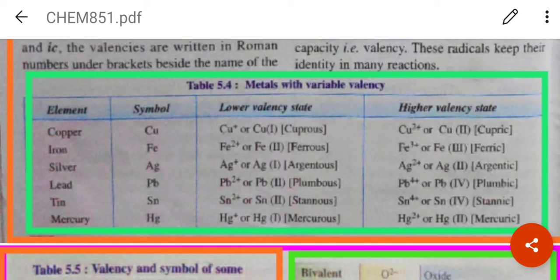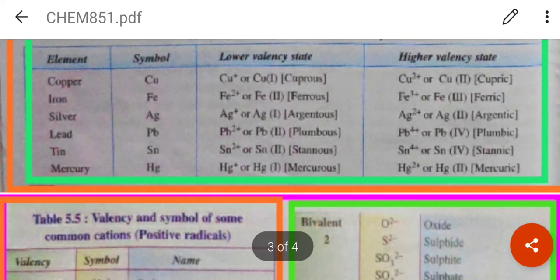For lead, plumbous or Pb2, plumbic or Pb4. For tin, Sn2 or stannous, okay, Sn Roman 4 or stannic. For mercury, Hg Roman 1 or mercurous, which is the lower valency, and for mercuric, Hg2, which is the higher valency. Okay,